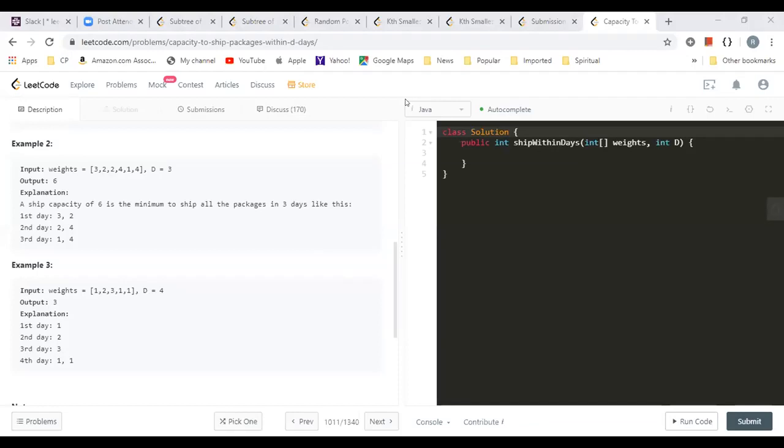There was a question similar to this a few days back in the daily session also, Kth Smallest Prime Fraction, and there was a good article shared on Slack for that. I'm just sharing the link for that. It gives you an overview of this kind of problems where you find the Kth smallest in multiplication, addition, and so on, and it explains different approaches that are possible and why to choose one over the other. So probably it will be a good idea to go through that and glance over all the questions that are shared there.